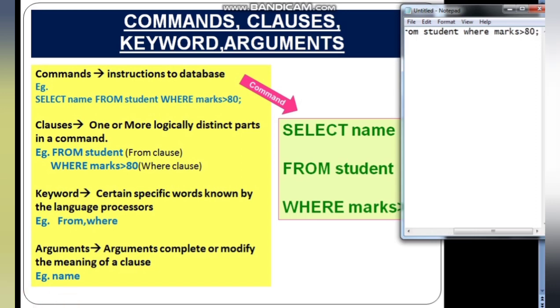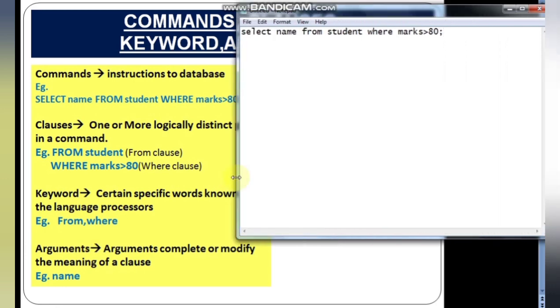You can write in one single line in the MySQL prompt, or it looks actually better if you write like this.